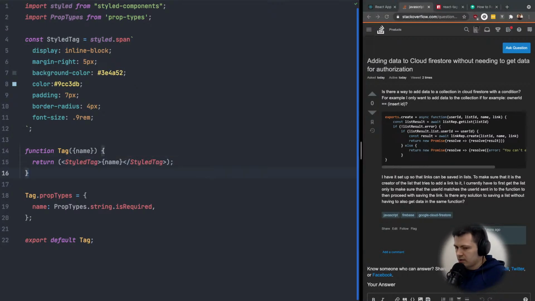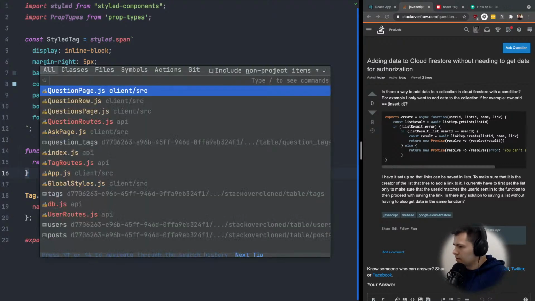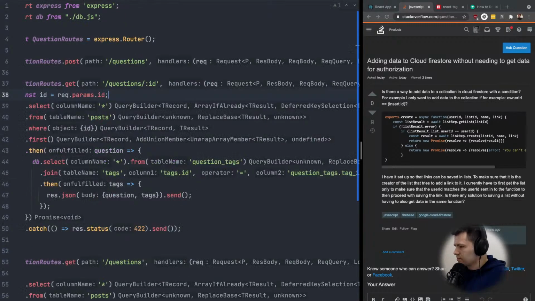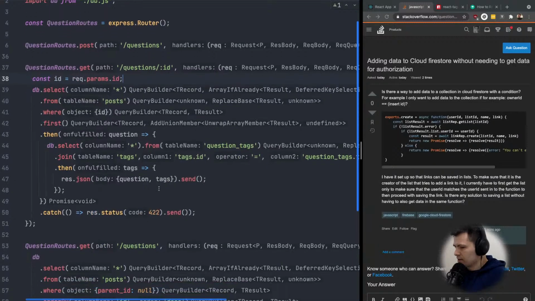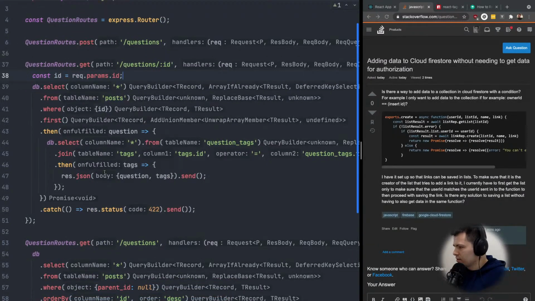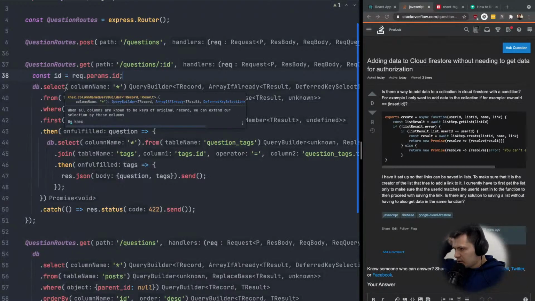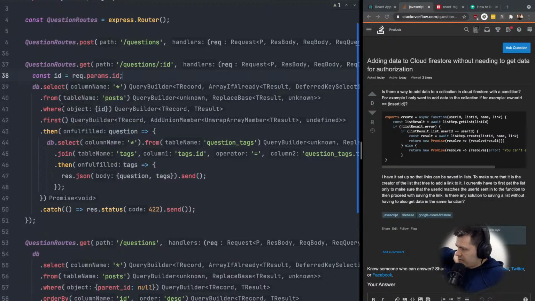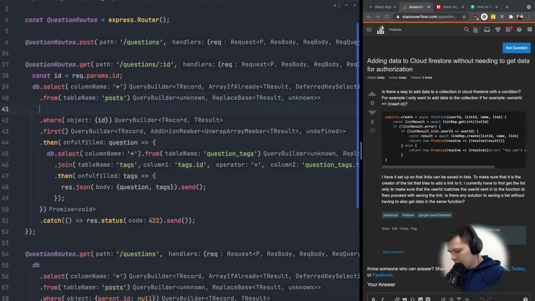So let's go back to our question routes, and here where we select everything from the post where we have our question, we want also to join the author of the question. So we join the users table,